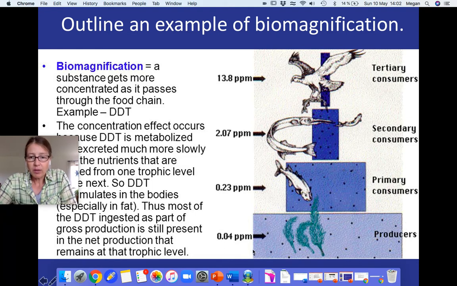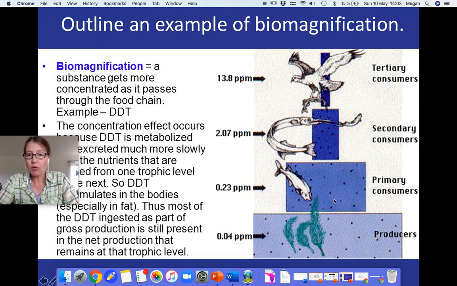So you can see each one of these little things is referring to how much pollution there is. Well, when you move to the next trophic level, all of the carbon that these guys took in through either photosynthesis or from eating other organisms gets lost through cell respiration. So you're actually losing biomass at each trophic level, just like the energy. So you lose the carbon, you lose the energy, but what you're not losing is the toxin. So you've got the same amount of toxin, but in a smaller trophic level.